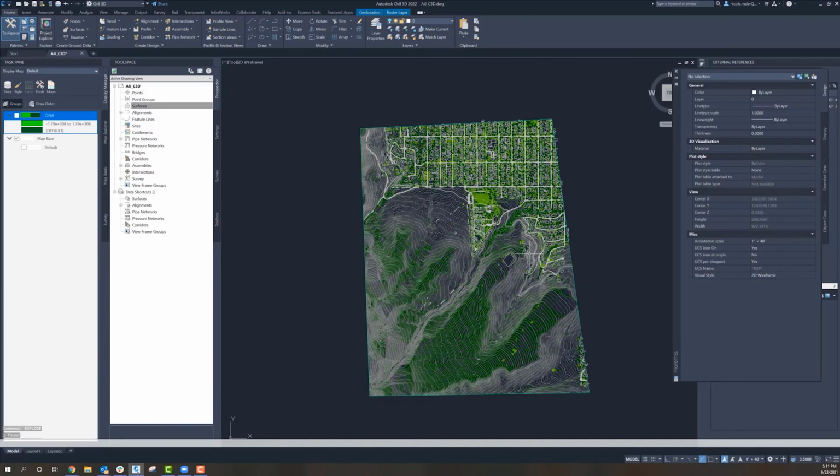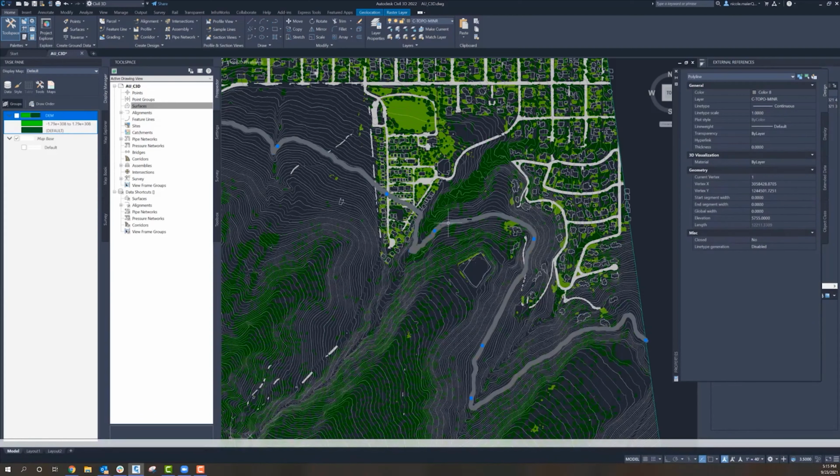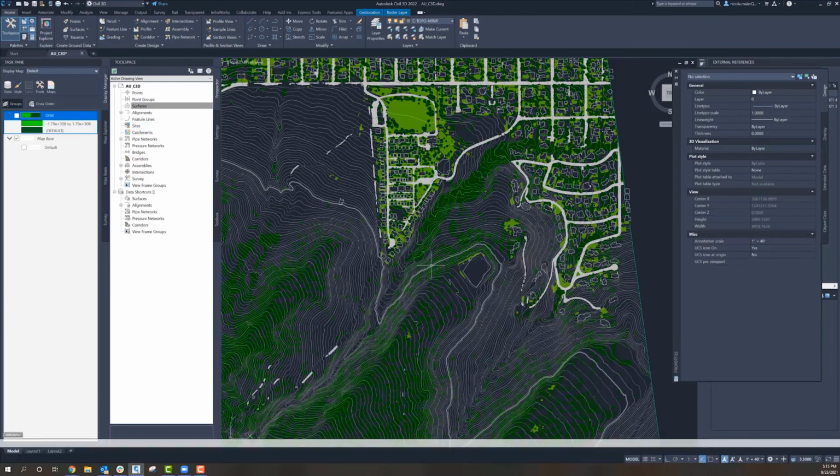Okay, so now that it is exploded again, you can see each contour is now able to be selected kind of as its own line. And let's just zoom in here and make sure our elevations look good. All right, so checking our elevation, we have this contour here selected. This is Boulder, Colorado, so a higher elevation city, and it's showing 5,755 feet, which sounds about right if you know Boulder.